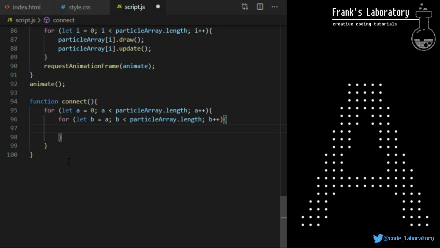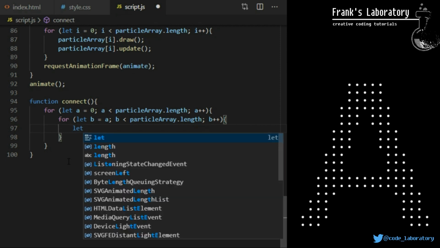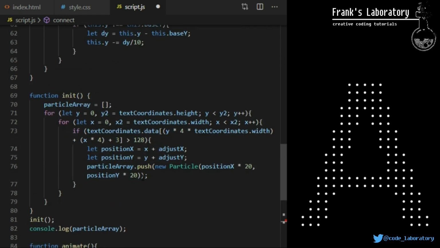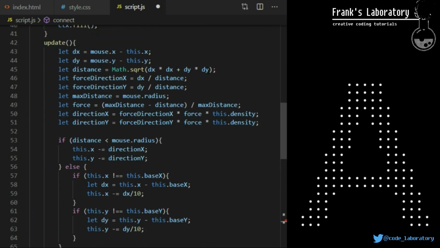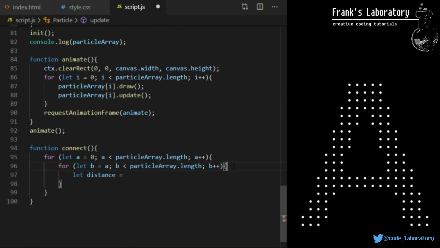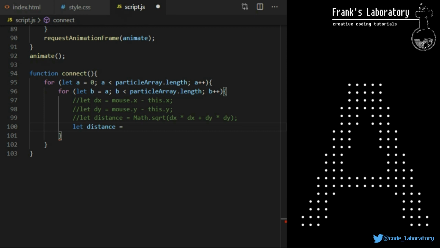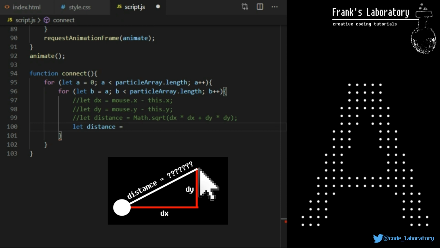All I need to do here is calculate their distance and say if distance is less than some value, connect them with a line. We have already calculated distance between mouse and particles on line 45, so again it's exactly the same thing. Dx variable will hold distance between two elements we are comparing on the horizontal x-axis. Dy variable will hold distance between 2 points, in this case between particle A and particle B on vertical y-axis. This will give us two sides of right triangle, and we know that the distance between these 2 points is hypotenuse, the longest side of the right triangle, the side that is opposite to the right angle.